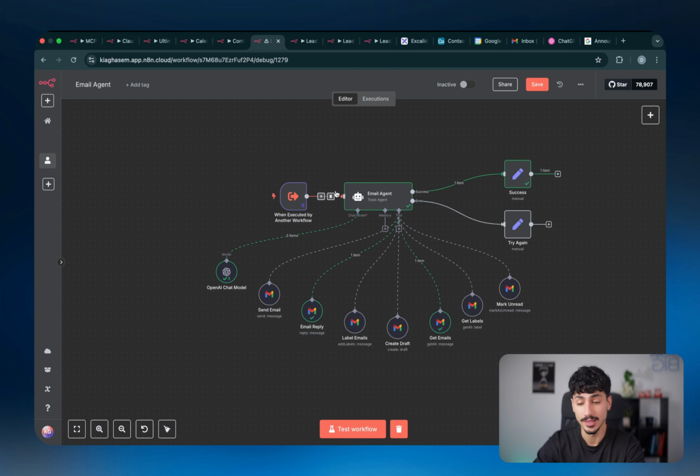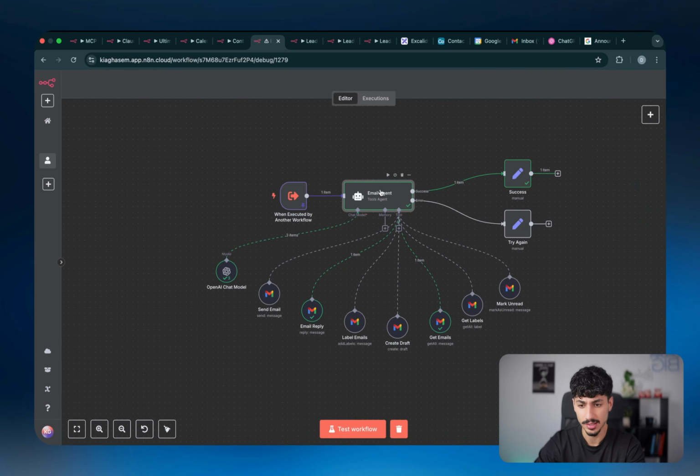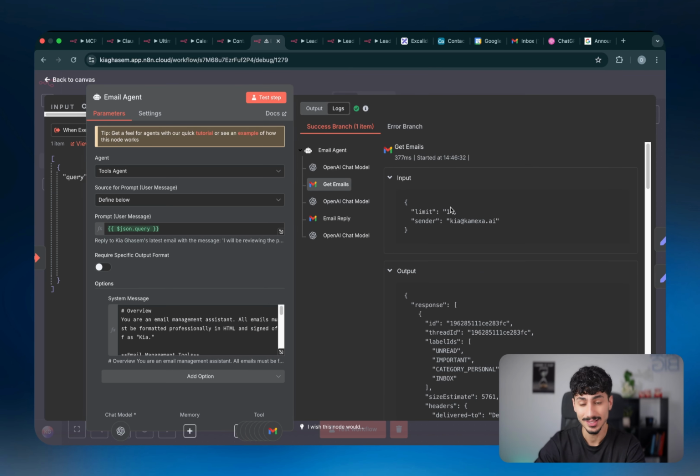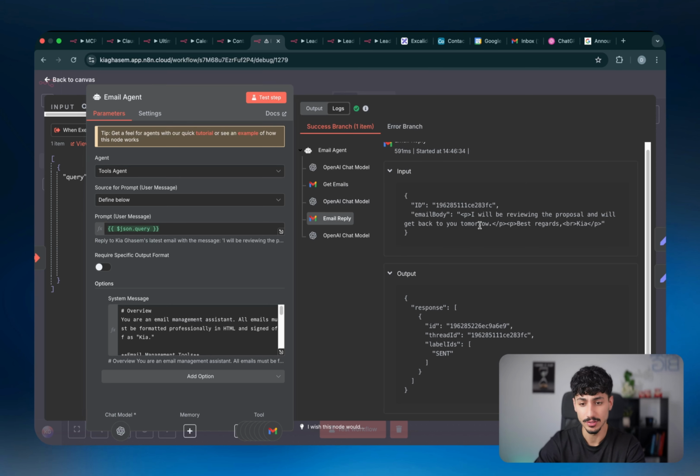And then if we go over to the email agent, you can see that we received a query from the other agent with the exact same details that I told you guys just before. And then the actual email agent decided that first it should get the email associated with kia@comexa.ai, which is the email address for Kyrgyzstan. And then once it receives that email, it will then go and respond to that email with the details defined by the delegator AI agent.